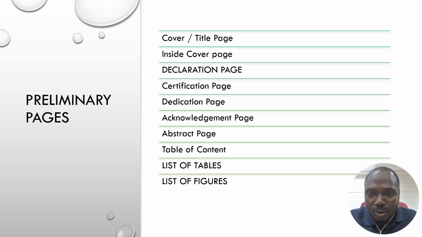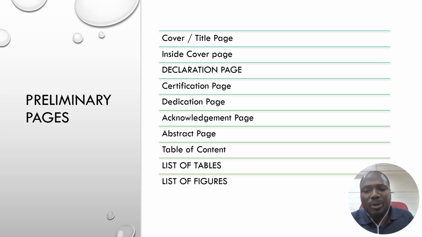In 1, 2 or 3 lines you explain. Then you state your major objective, the aim of your study, then the methodology you use, then results, then conclusion and recommendation. Then you need to add 4 to 6 keywords. So abstract